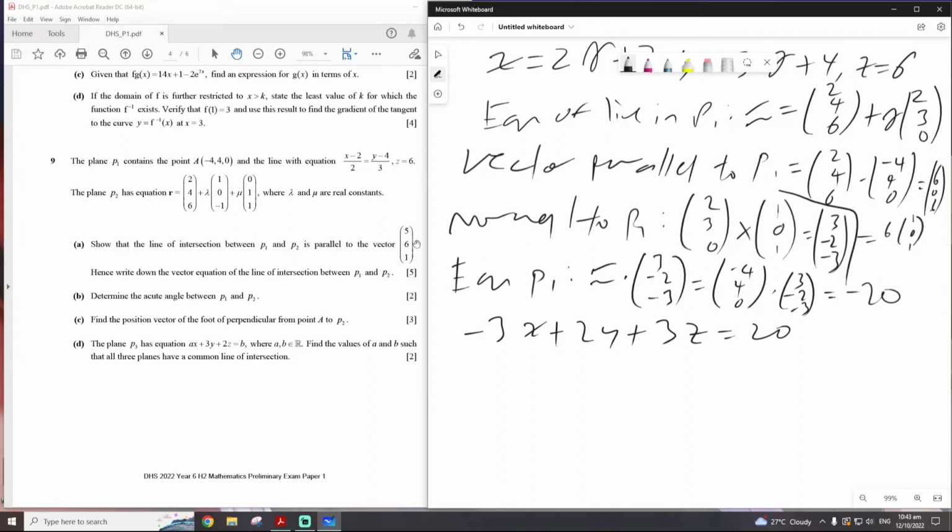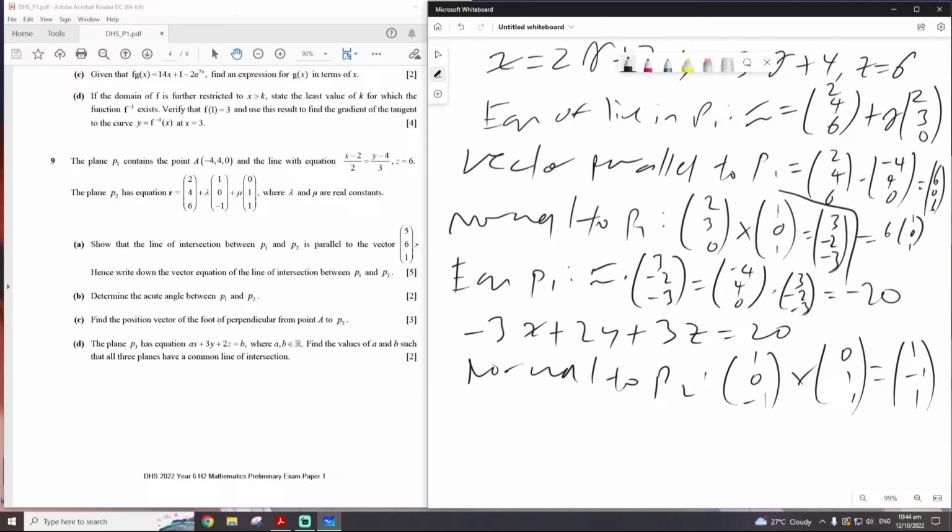And the other plane has a Cartesian equation. So the normal to P2 is going to be (1, 0, -1) cross (0, 1, 1), and this is (1, -1, 1). Okay. So equation P2 will be r dot (1, -1, 1) equals